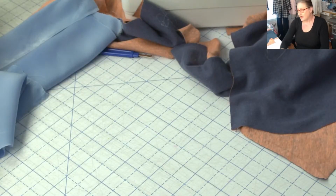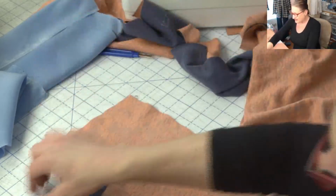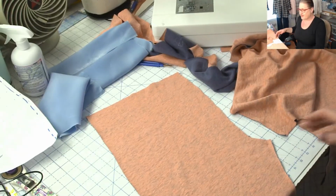All right, let's look and see. I'm going to switch us back to here. I want to show you what we're doing. I've got my shorts all cut out, and I've also cut off my extra allowances. Let me just make this a little bigger so you can see. So I've got